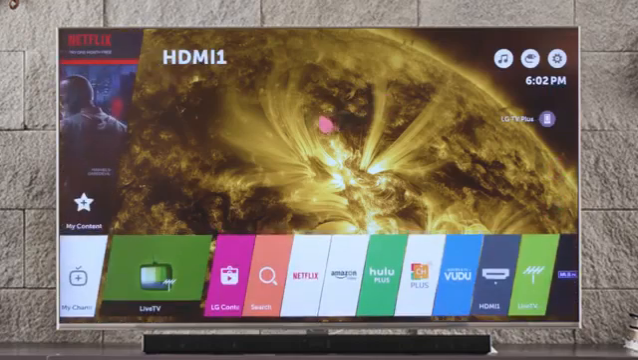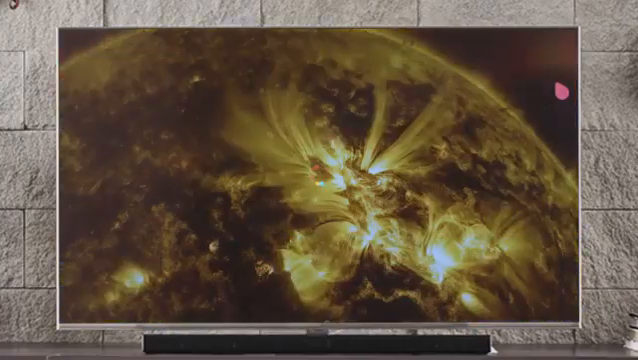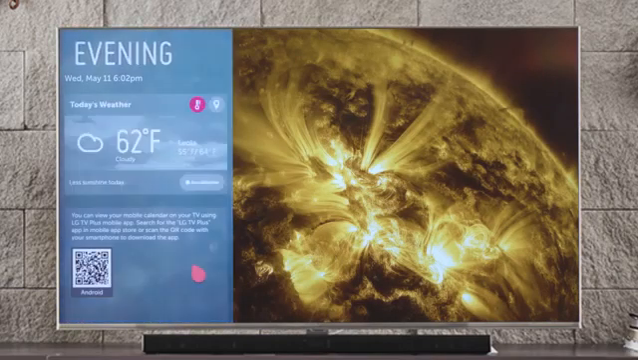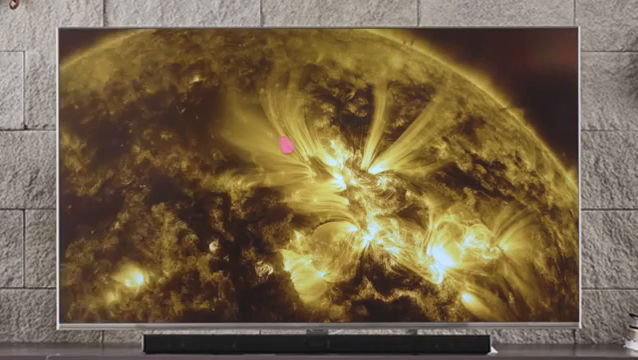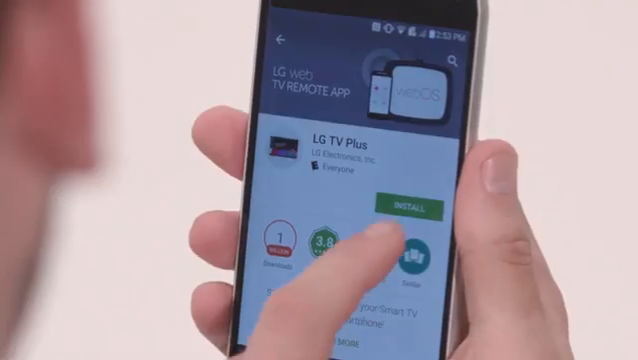You'll notice that when you highlight the time, Run My Starter will appear. Click on the time to open this handy helper, which provides a friendly greeting and weather info for your location. You can also set it up to include the calendar from your Android mobile device to help you keep track of appointments. And below the time is this button for LG TV Plus,